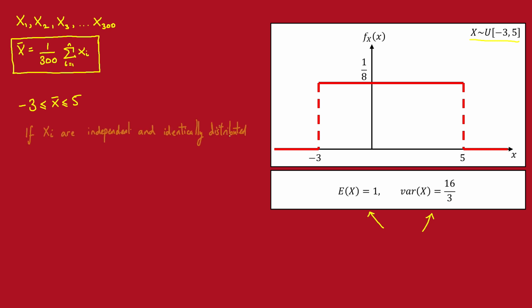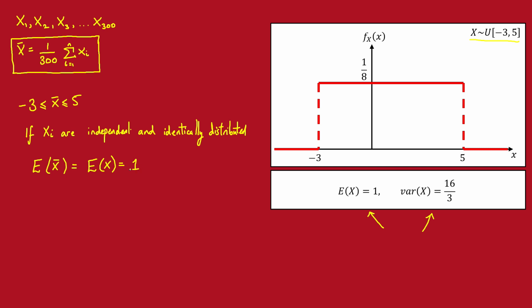Now, because we've got a relatively large number of observations, 300 observations here, it's most likely that the sample mean will be somewhere close to the population average, but we don't know with any certainty what value x bar will have. Now we've previously seen that if the observations are independent and identically distributed, the sample mean is an unbiased estimator of the population average. That is, the expectation of x bar is equal to the expectation of x,